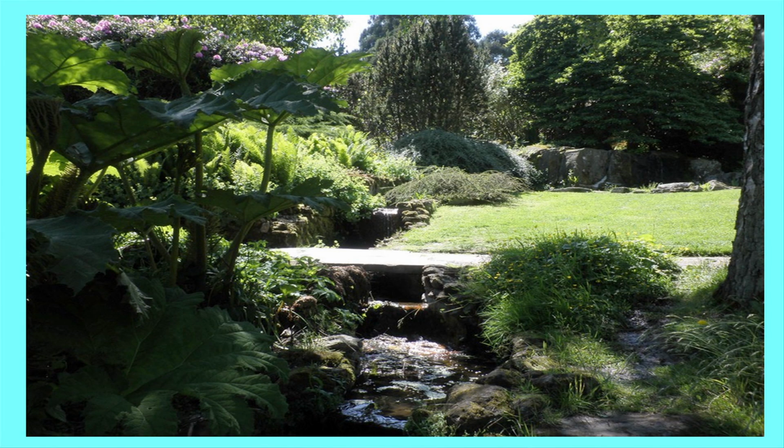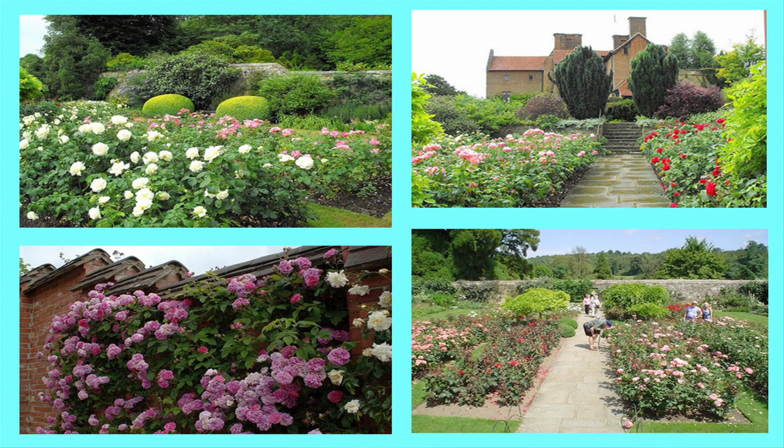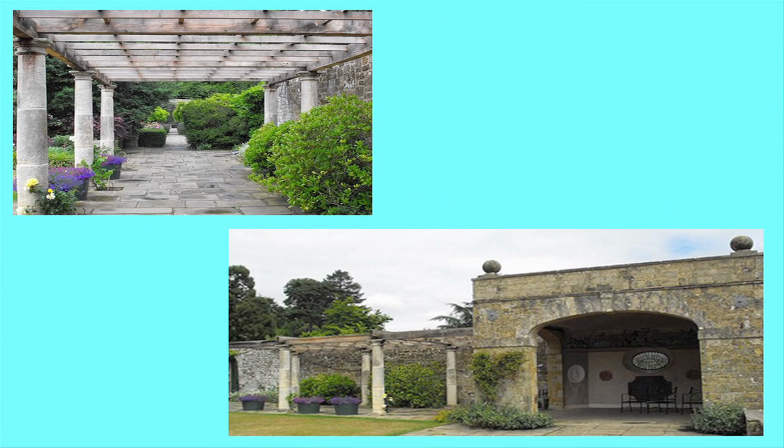The gardens themselves lie closer to the house. Much of the area of the water gardens is cool and shady. Next to the water gardens lies the rose garden, which is generally thought of as being that section of the grounds most closely associated with the lady of the house. A pergola leads from the rose garden to the Marlborough Pavilion,